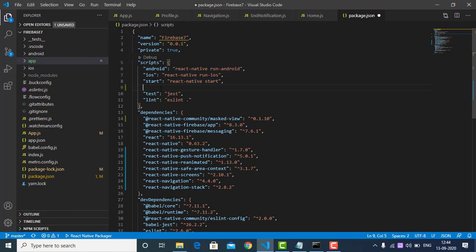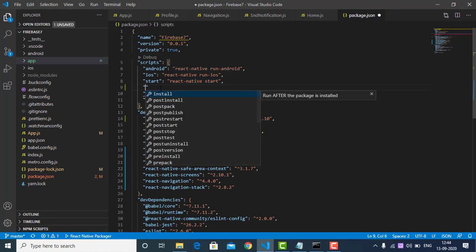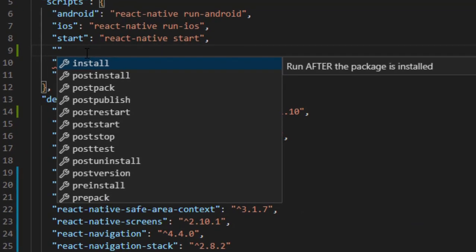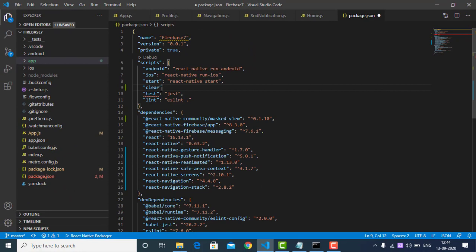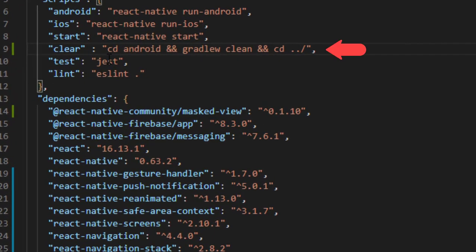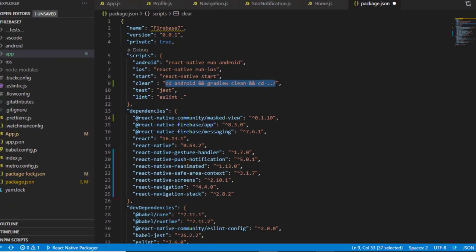So we are gonna similarly create something like, if you want to clean the Gradle, we name it clear, and we are gonna copy and paste this command. We added this line after start, so it will clean the Gradle for you. Before, you had to enter this whole line, cd android, gradlew clean, cd .., to clean your Gradle.